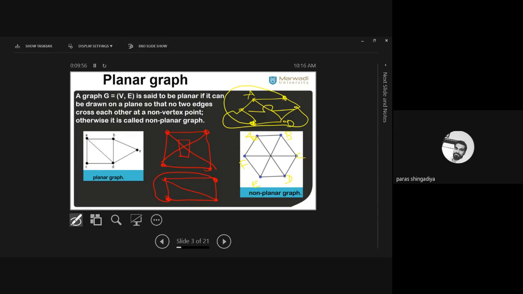We recreate this edge outside the graph. Clear? So that procedure is called embedding. Clear? In this last one, it is not possible to draw such a graph without crossover of the edges. We also apply the embedding procedure. Okay, we try to recreate this graph without crossover of the edges, but it is not possible to make this graph without crossover. Okay, in any case, it is not possible.